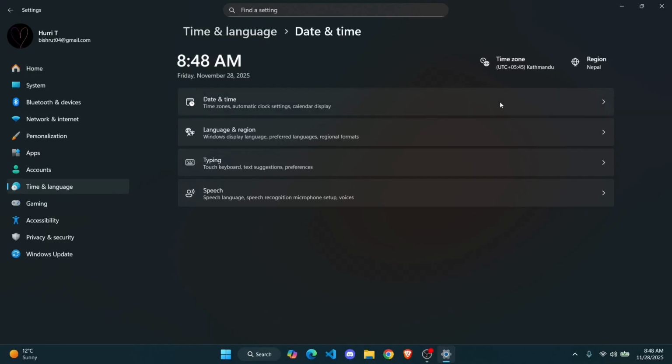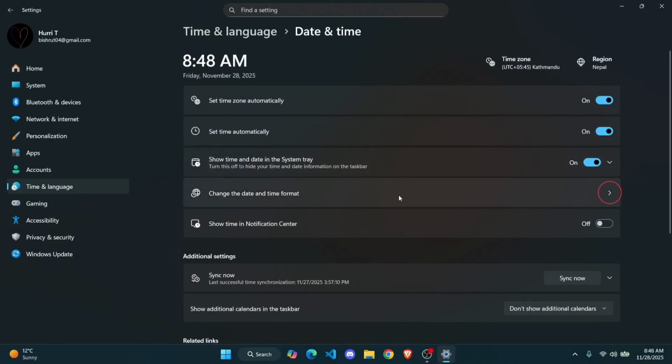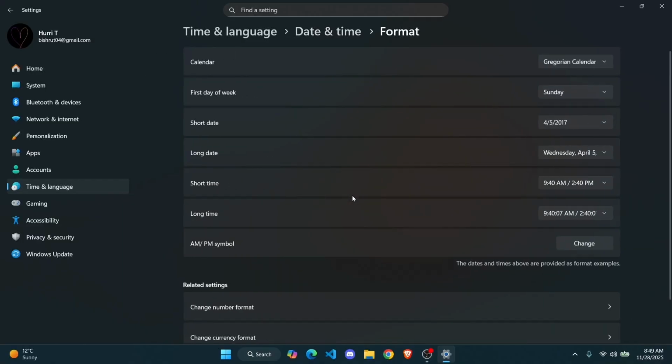Click on the drop down. Then from there, you have an option to change the date and time format. So let's just go ahead and tap on it. And as you can see here, you can find different kind of formats. All you have to do is, if you want short time, you can just tap on the drop down here,